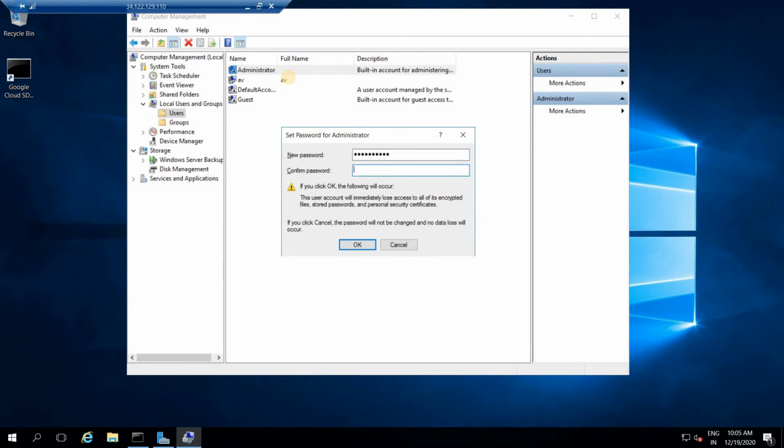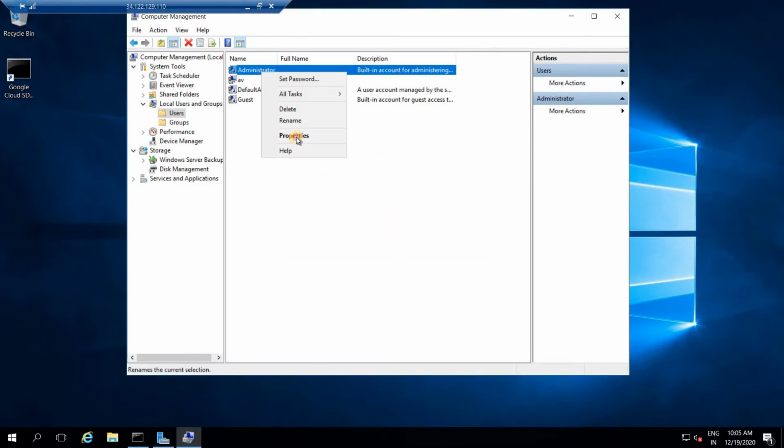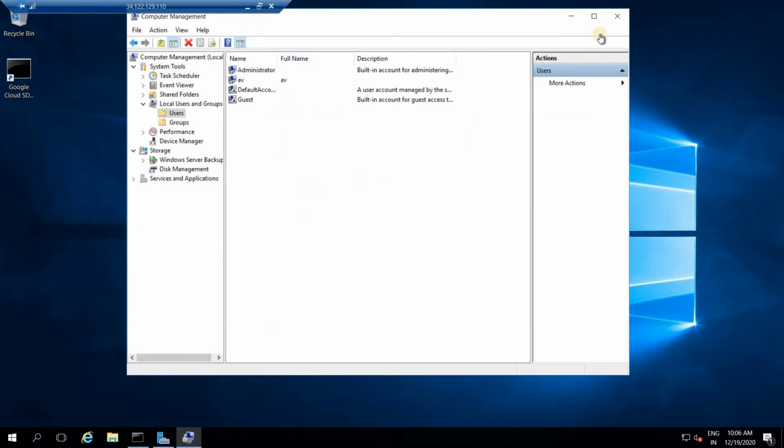Go into the properties, password never expires, and this is fine now.